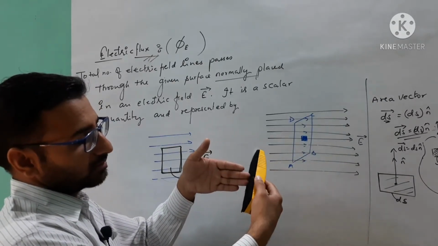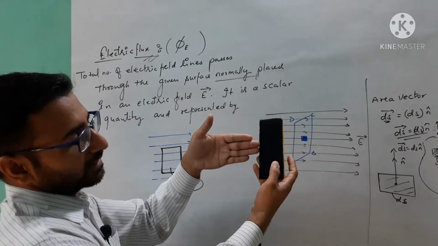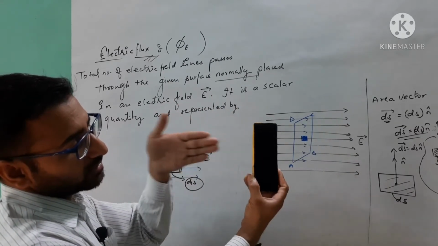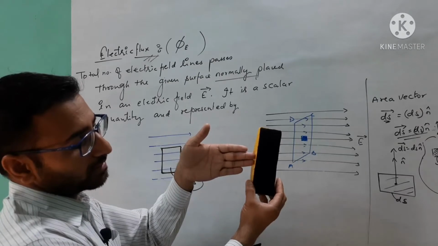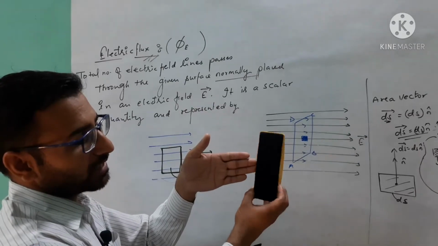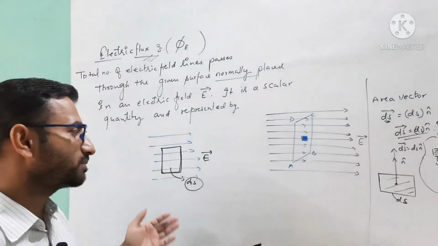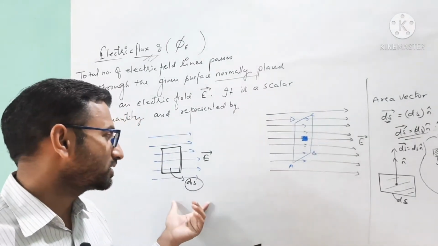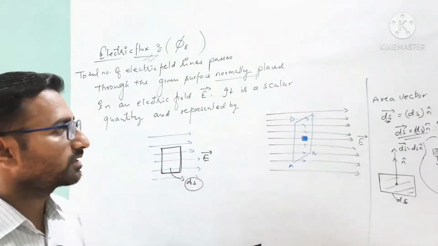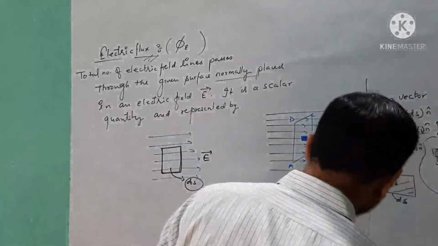So if I turn it to a different angle, then we will see at a particular angle, which is here parallel to the given electric field, the electric field lines which pass through or penetrate the given surface are comparatively very few, or you can say negligible as compared to the normal condition. So we will discuss different conditions here: the parallel condition of the given surface with respect to the field, the normal condition, and the at-an-angle condition, so that we will obtain a formula or a derivation for the different cases.